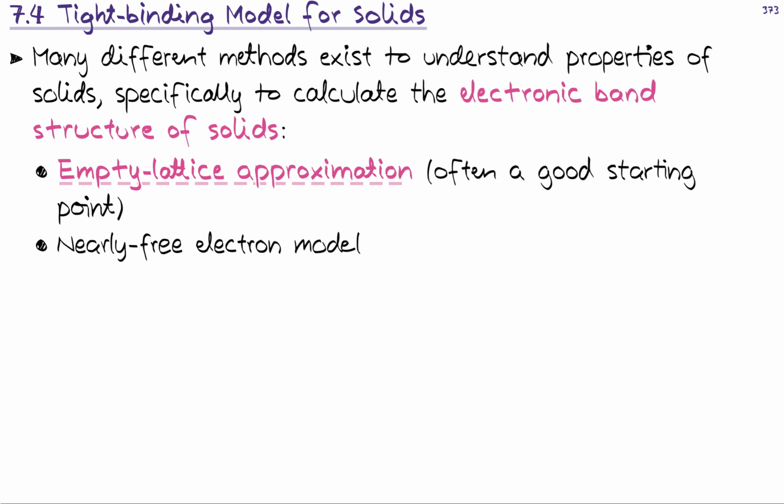Other approaches, as mentioned, include the nearly free electron model. That's also quite much used, and it's quite good, especially when we try to understand metals and semiconductors. But there, let's note that in the nearly free electron model we are focusing on electron wave functions that are not as localized, but rather more free, as the name suggests. So we are solving the Schrödinger equation, and specifically, we are looking for solutions that look like plane waves.